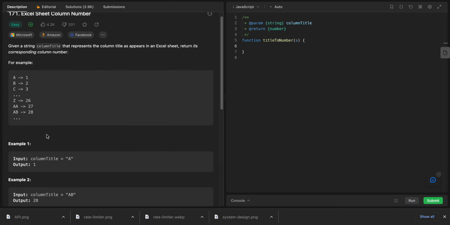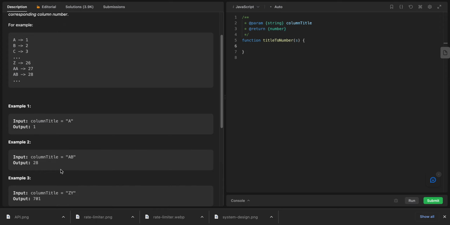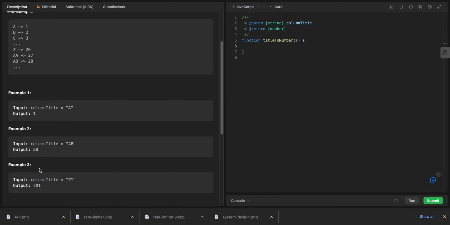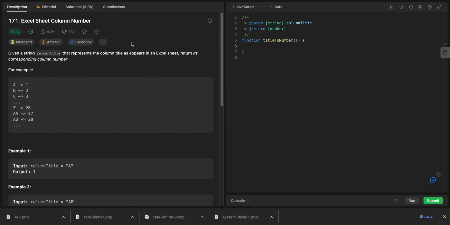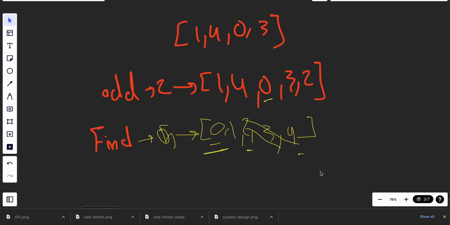Basically, if we have column A, it would be the first one. AB, I guess it would be 28, and so on and so forth. Although it looks quite easy, it's not that easy at all, because if we put,